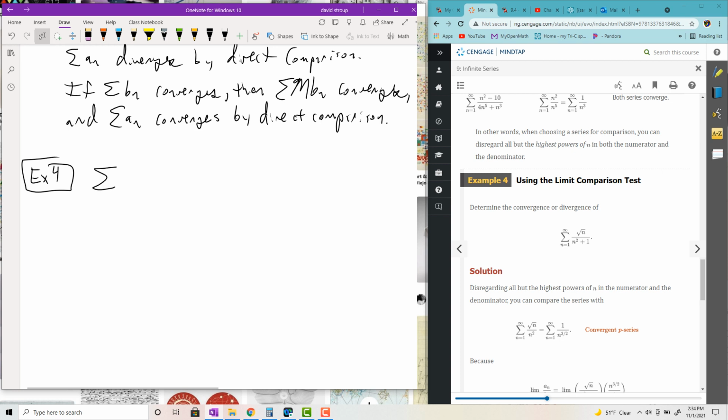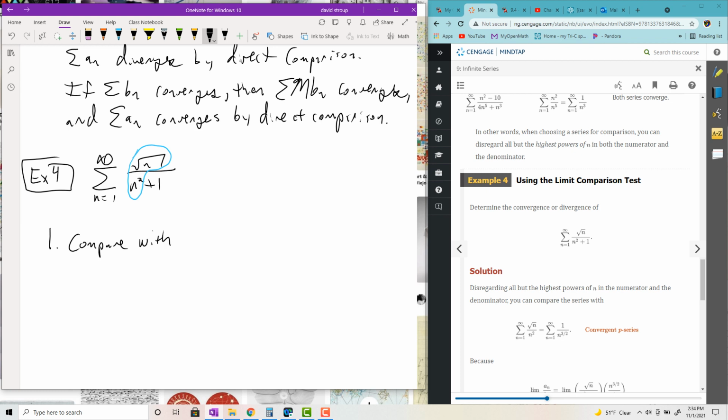And we want to use the limit comparison test on the series square root of n all over n squared plus 1 from n equals 1 to infinity. The way you want to do that is first produce the series you're going to compare it to. Generally what I'll do is just chop parts off. So I'll just look at the series with that stuff in blue that I just circled. So I'll compare